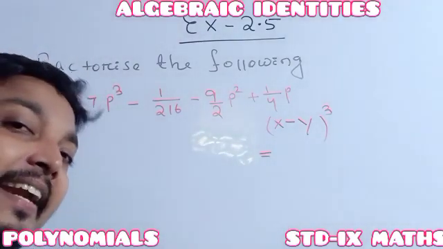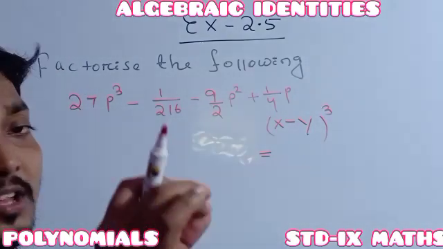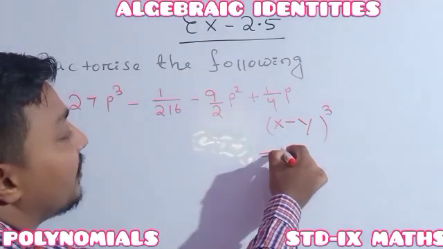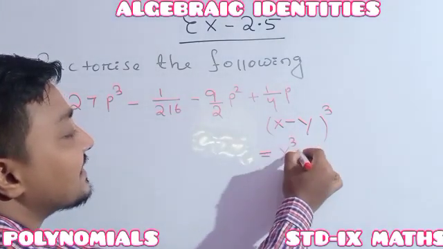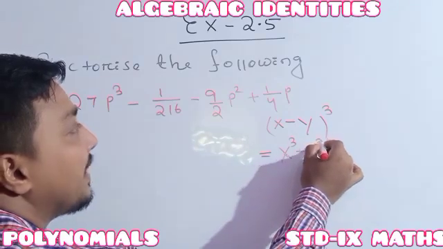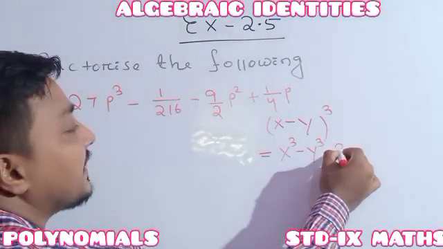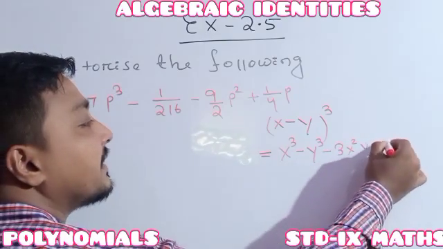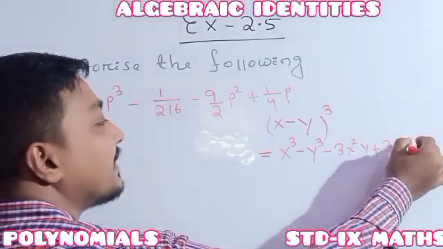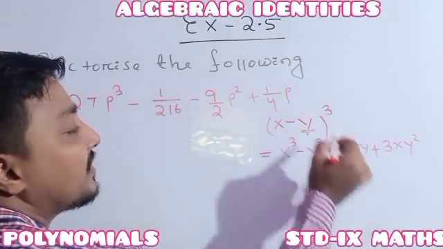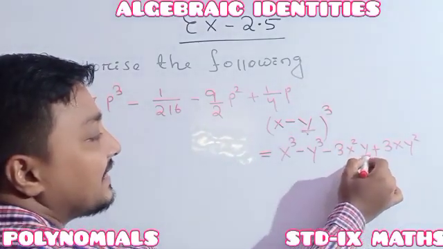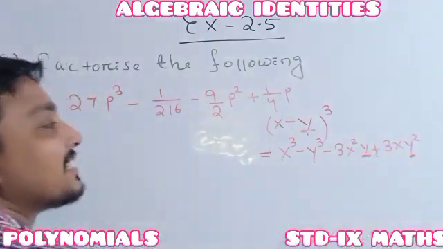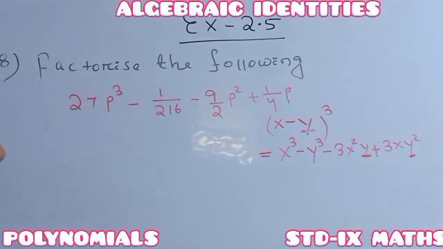Otherwise, in the form of 3 terms, we also wrote it by taking the common factor as minus 3xy. But here I am writing it as 4 terms, just like this: x cube minus y cube minus 3x square y plus 3xy square. See, here it is y, it is minus, so for this single y the term is minus; here it is y square, where you are getting the term as plus. Understood?